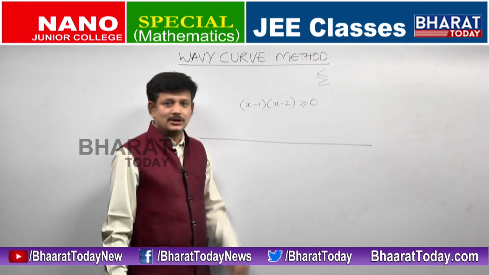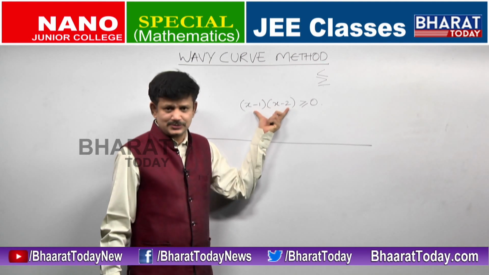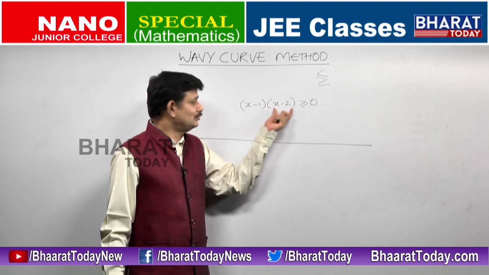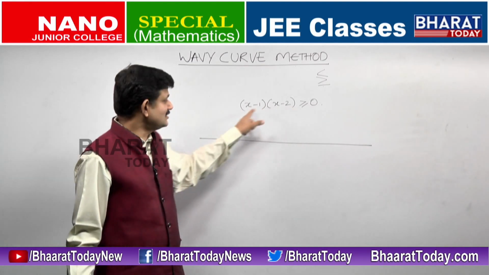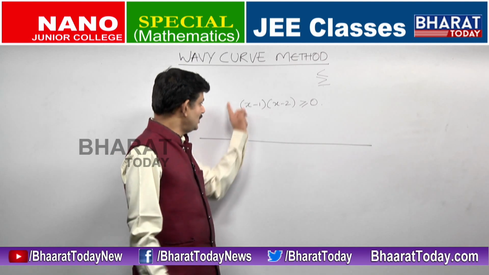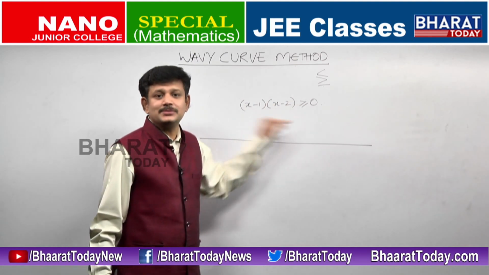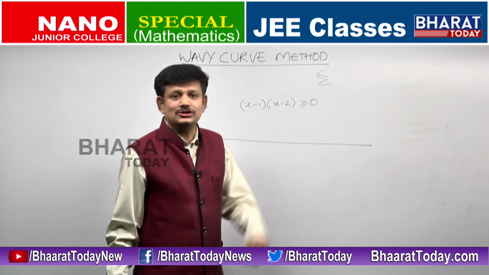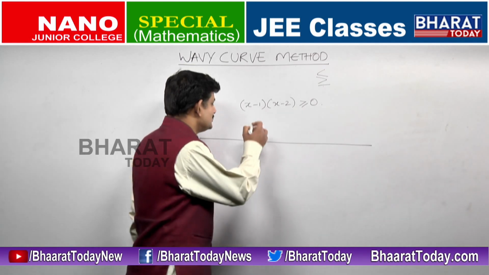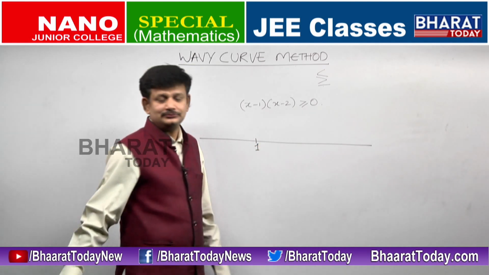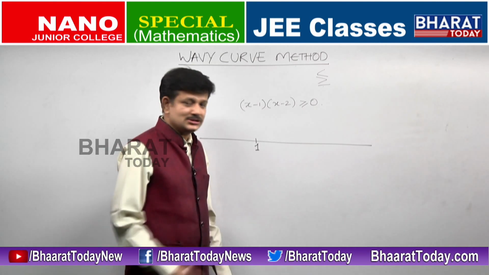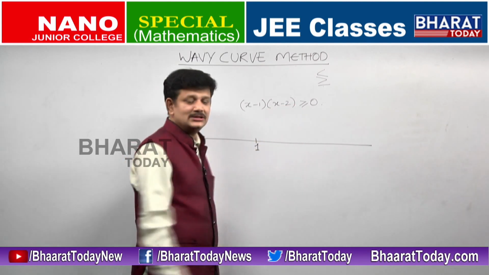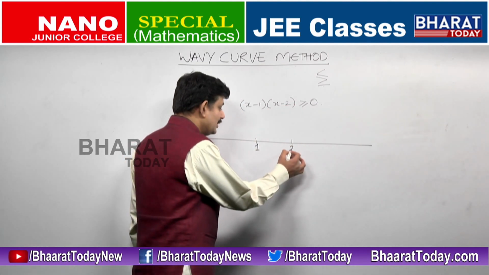And in order to say when is it positive, I am talking about the sign of this expression. Here I have a product of two terms, and the sign of a product of two terms is determined by the sign of each of them. So in order to understand the sign of the entire expression, I need to know when x minus 1 is positive and when x minus 2 is positive. We already did this discussion in absolute value function. To understand when x minus 1 is positive, I have to cut the number line at 1. In order to understand when is x minus 2 positive, I have to cut the number line at 2.